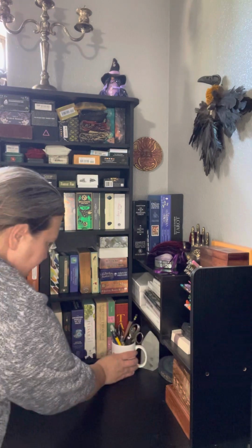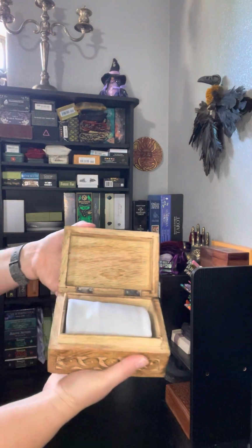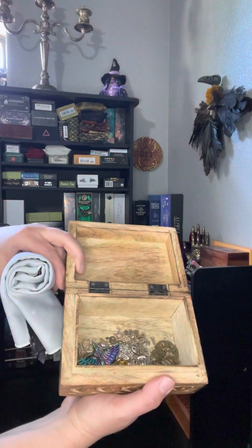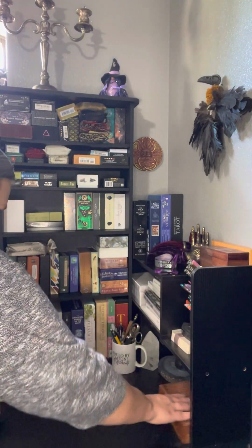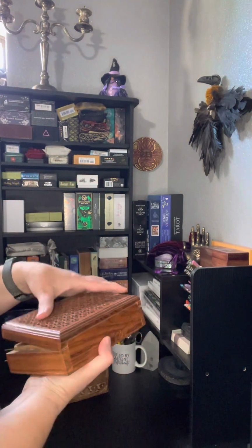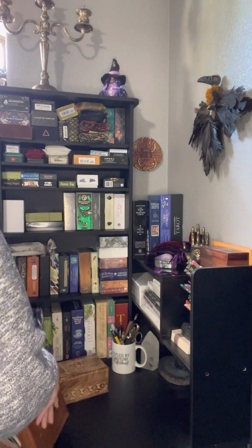What else? Oh yeah, just to show you guys what else I have. So this is my charm casting kit. It's got the charm cloth, and then a bunch of charms in there. And then this deck is fun. This is a little deck. I'm gonna need to get a bigger box for this, but this is a compilation of